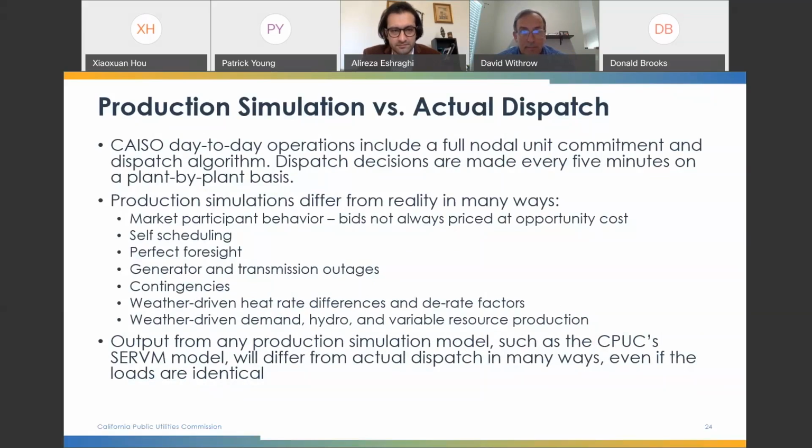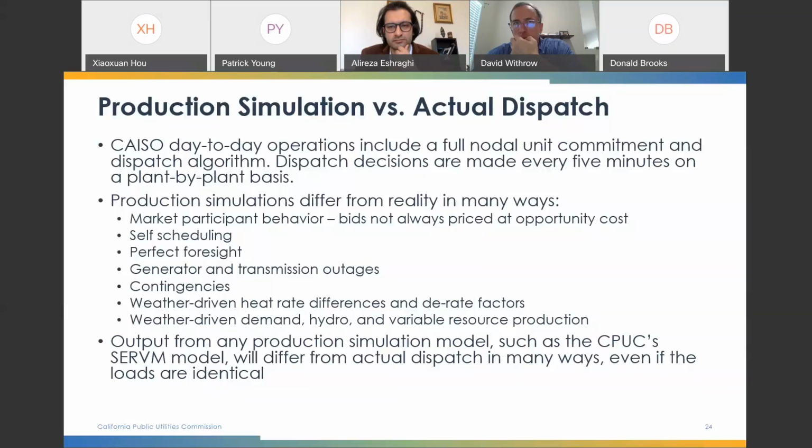Thank you. So to set you up in the right mindset, we have to remember that CAISO actual dispatch is immensely complicated. CAISO does 5-minute nodal simulations with every transmission node and transmission line, multiple market clearing timeframes, an EIM market, et cetera. There's no real good way to simulate that grid in all of the detail that you could imagine. Production simulations pretty much always make a number of simplifications.